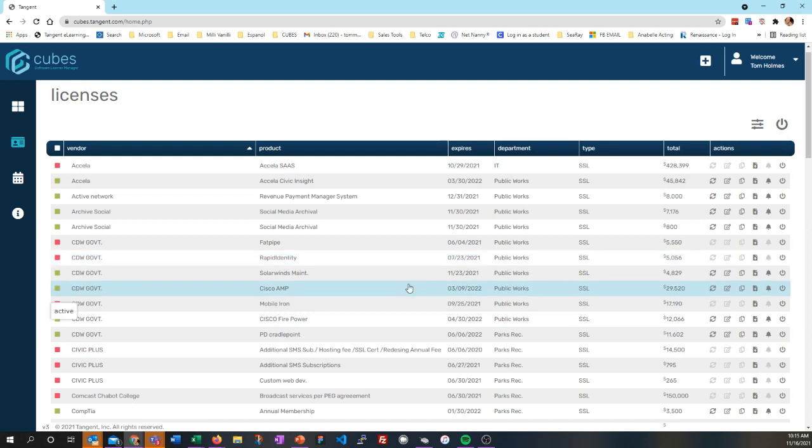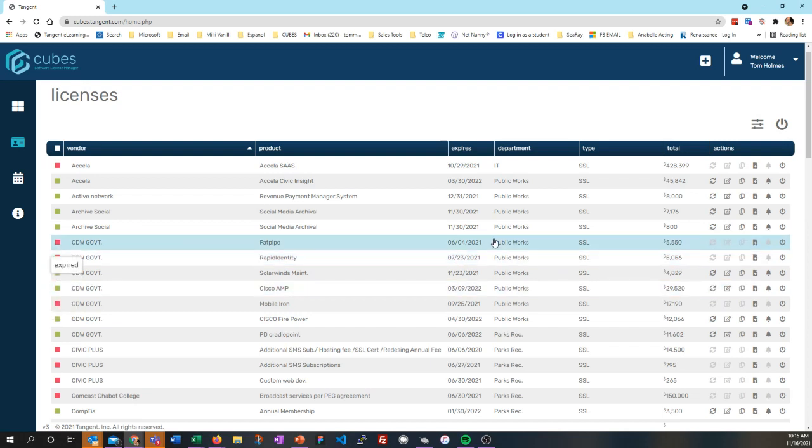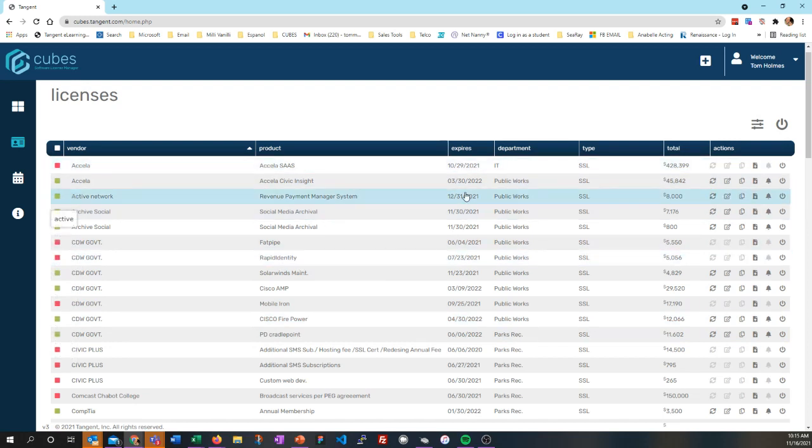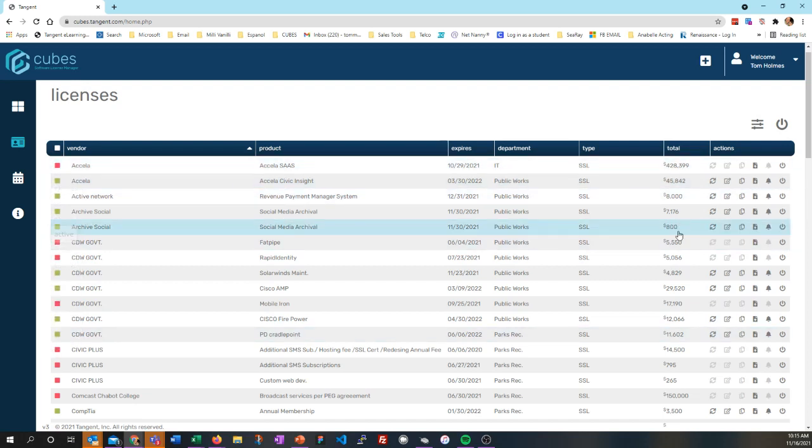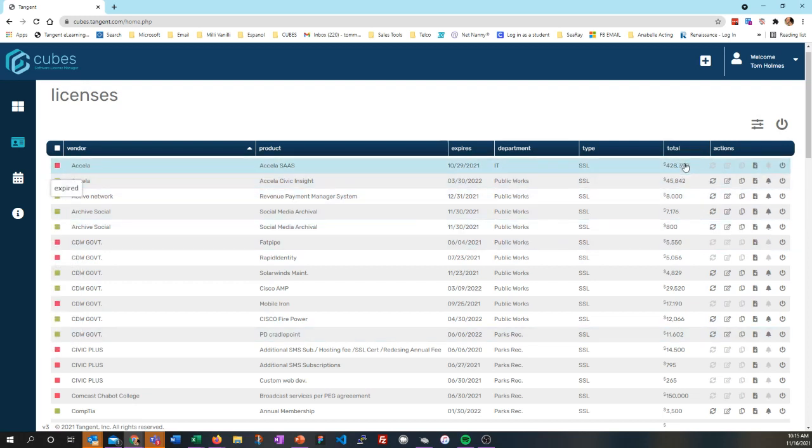And then we've categorized these columns by the most common that we see, and these can be changed as well. So you see the vendor here, the product, when it expires, the department it's associated to, the type of license it is, and then the total cost of those licenses. Now, the total cost is calculated by unit times quantity,